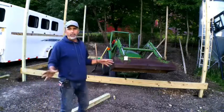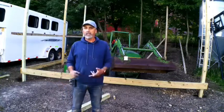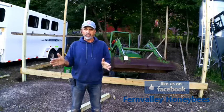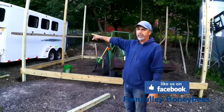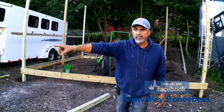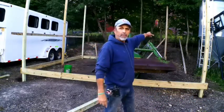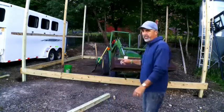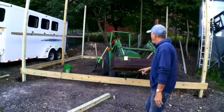No matter what size building you're building, if it's 100 by 100, if it's 20 by 20, or 10 by 10, if it's out of square, it's not going to come out right. Even though you measure from this front beam to the back beam, if you measure across both sides, it's the same distance, but what you want to do, and if you're good